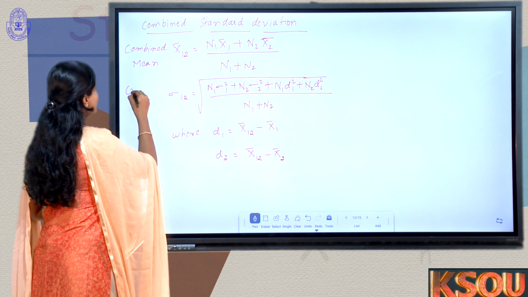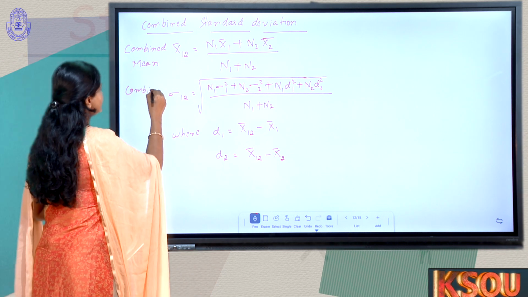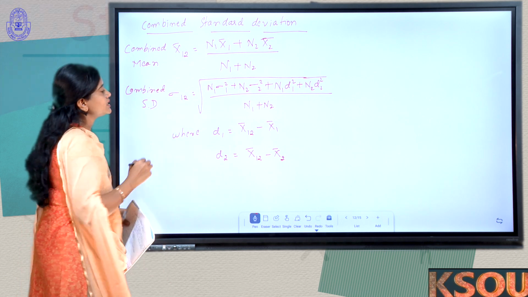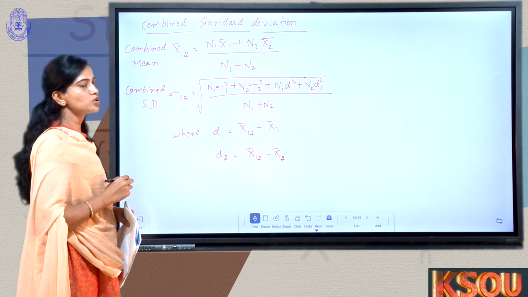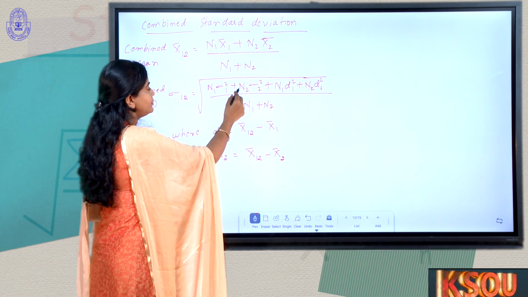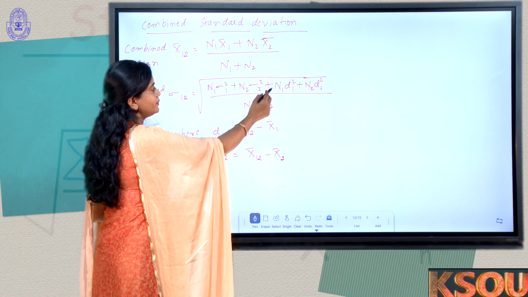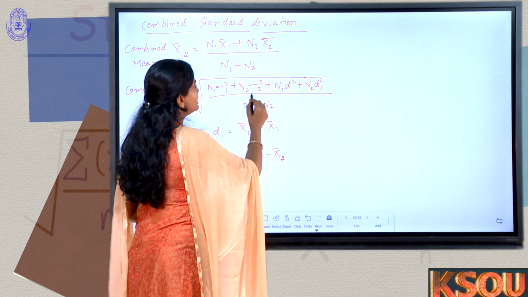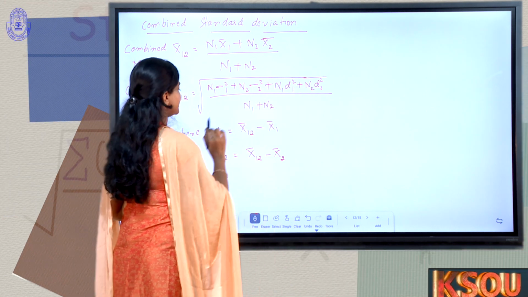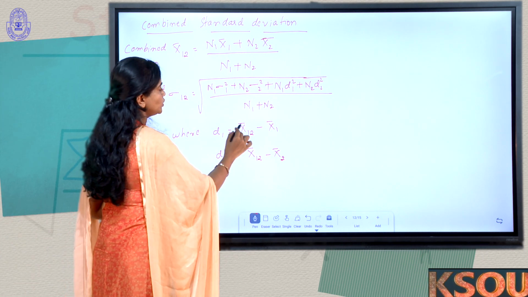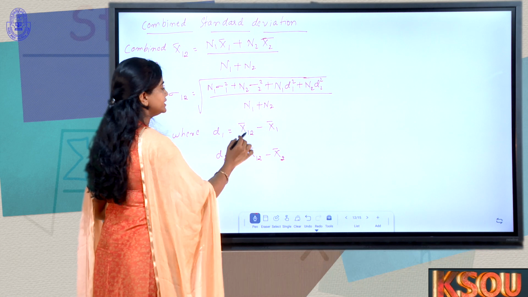Then in order to calculate combined standard deviation, this is the formula: sigma 12 is equal to the square root of n1 sigma 1 square plus n2 sigma 2 square plus n1 d1 square plus n2 d2 square divided by n1 plus n2, where d1 is equal to x12 bar minus x1 bar, that is you will have